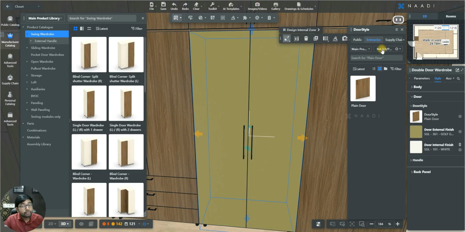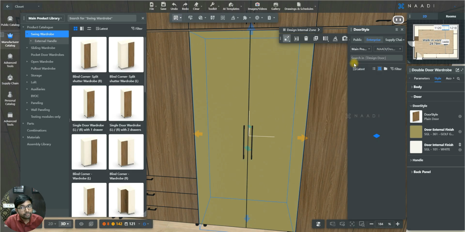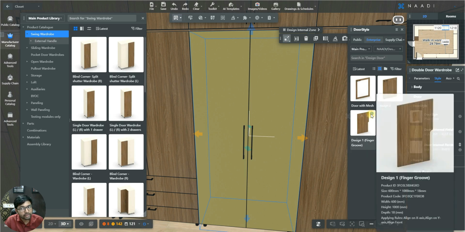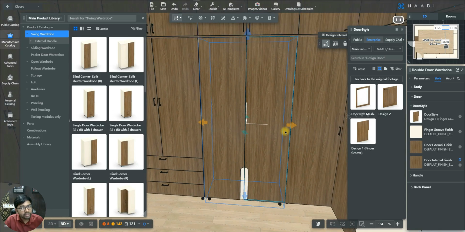If you are looking for a finger groove door style, then click here under design door. You will see 3 shutter designs here. In this, if you just click this shutter, you can see this is what your finger groove shutter is. Always remember, it depends on the door style you are selecting, and before, when it was a plain external handle